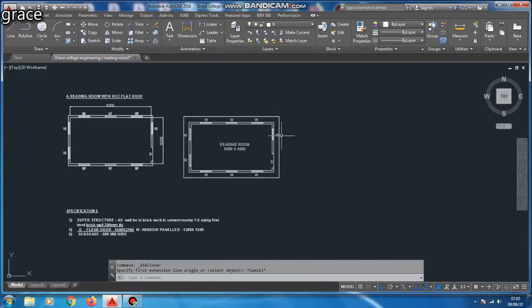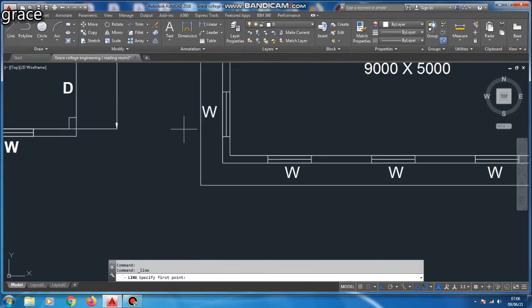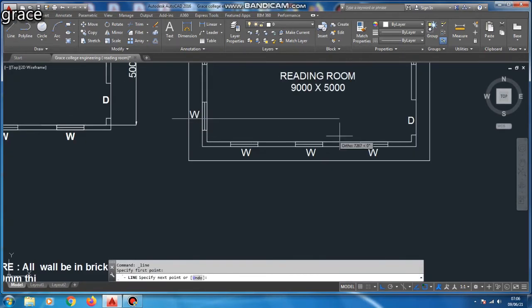By using the same line command, we are going to draw a section cutting line. Here I am going to take a section for this diagram.